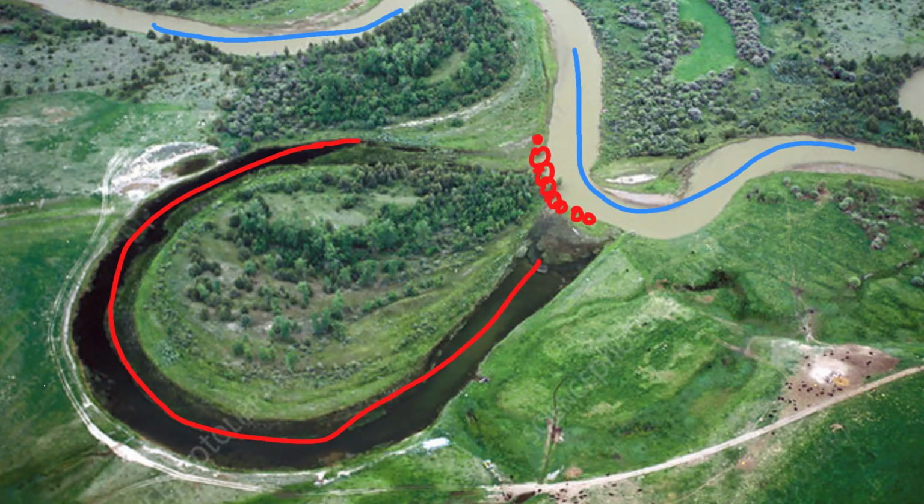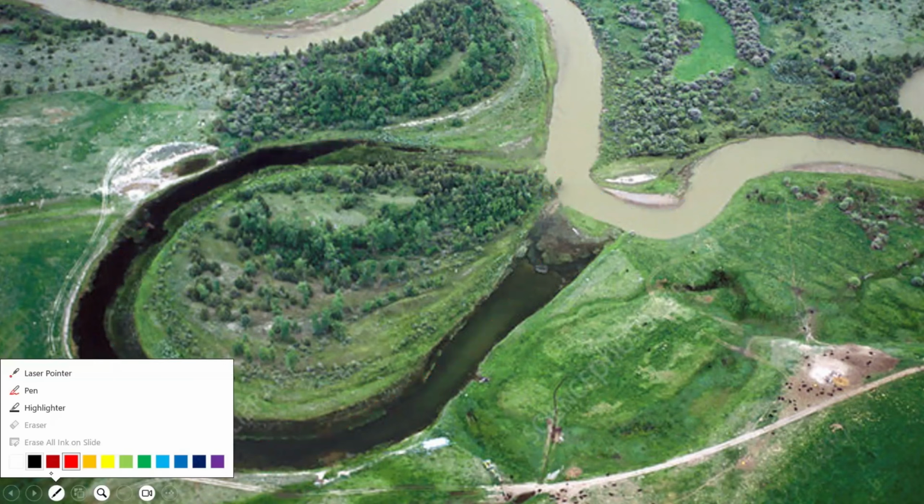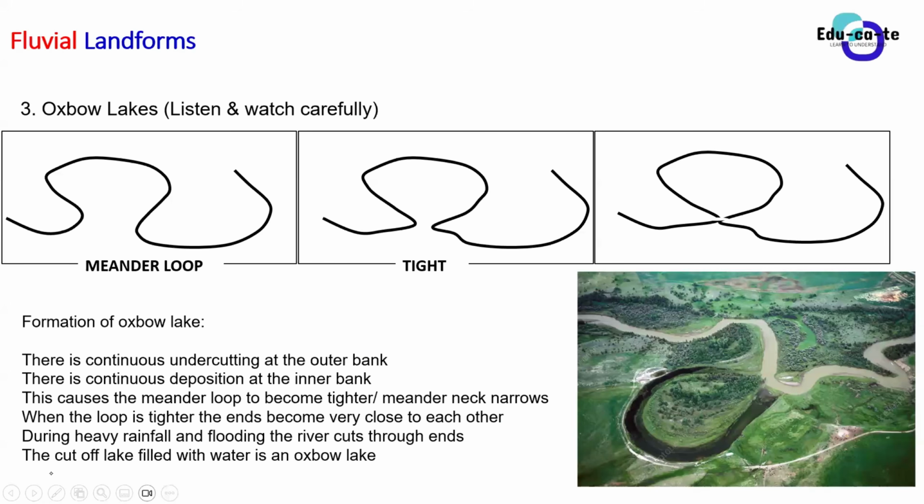So now we need to analyze how an Oxbow Lake forms. To form an Oxbow Lake, we're going to start from a meander. You remember, guys, last time when we talked about meanders, I told you that meanders are just the bends on the course of the river. For example, if we look at this first image here, we are having our river here, and then it is bending at this point. So we say that we have got a meander.